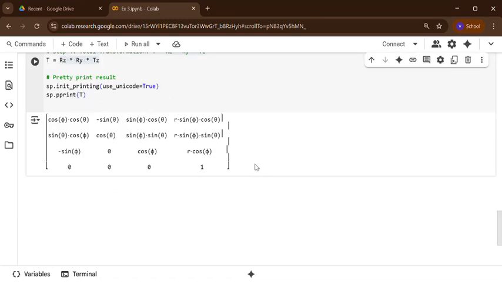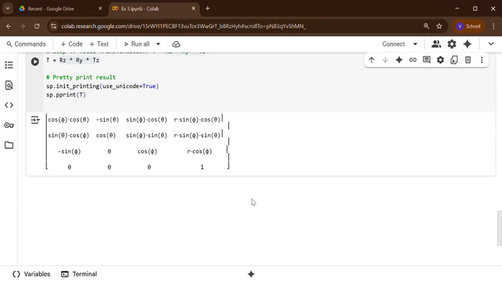So this is the easier way to get the homogeneous matrix. A small gist: what is a homogeneous transformation matrix? It will tell you where you are, or where your robot is, or where a particular robot joint or robot frame is. Where means it gives the orientation and the translation. Orientation means how far it is oriented, whether about the x-axis, y-axis or z-axis. Linear movement means how far it has moved, whether in the x, y or z direction. This complete information is given by a homogeneous transformation matrix.